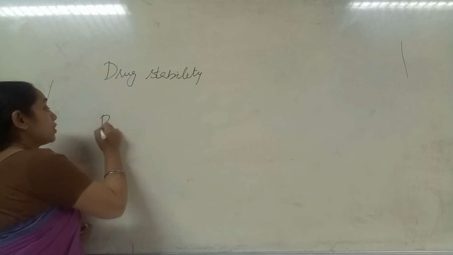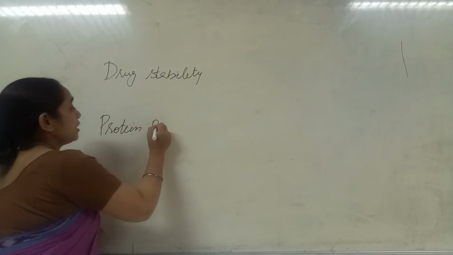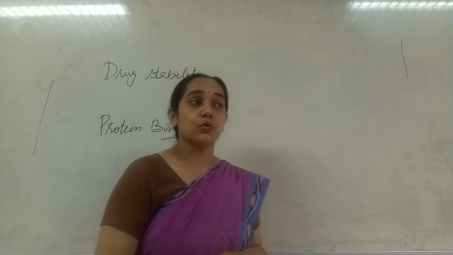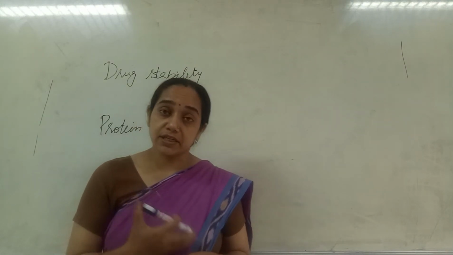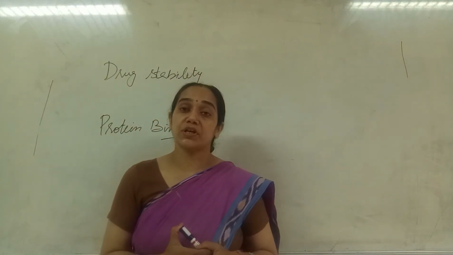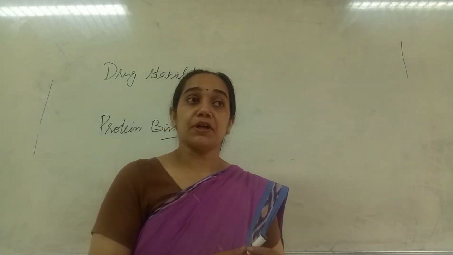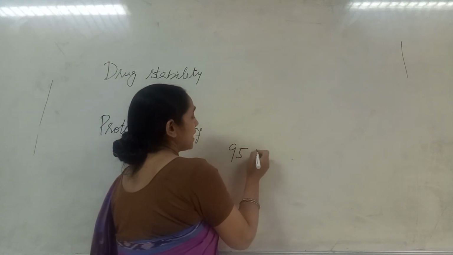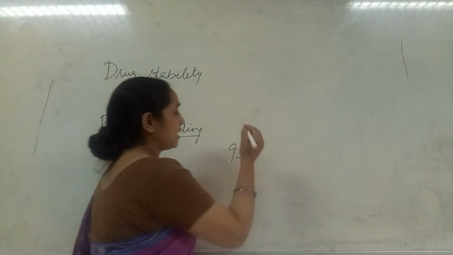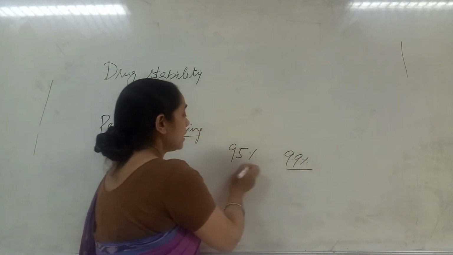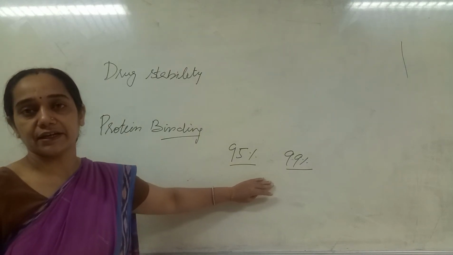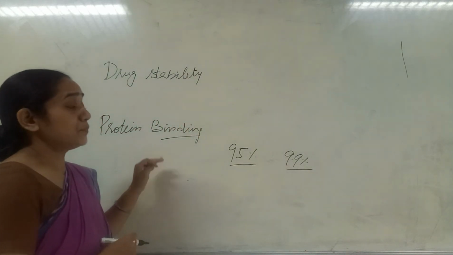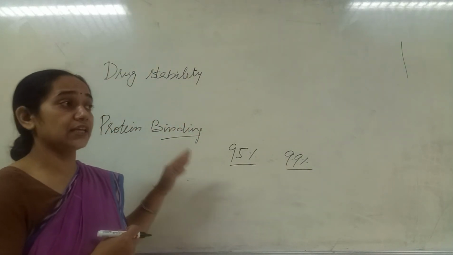Next thing comes, that is the protein binding. Protein binding is basically the phenomenon in which our drug, when it gets dissolved, gets absorbed systemically, and after reaching the systemic circulation, it binds to the plasma protein. If a drug has a higher plasma protein binding, for example 95% or 99% plasma protein binding, then these kinds of drugs are not suitable candidates to be formulated as controlled drug delivery systems, because most of the drug that is in the solution state is in the bound state.